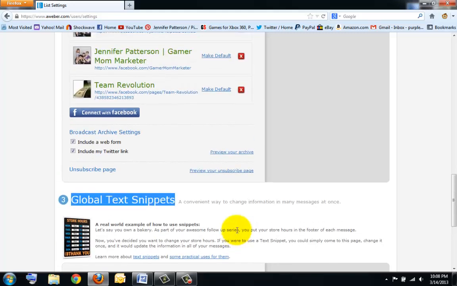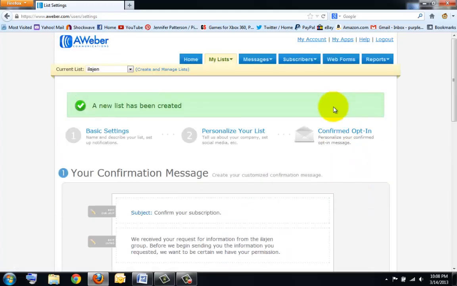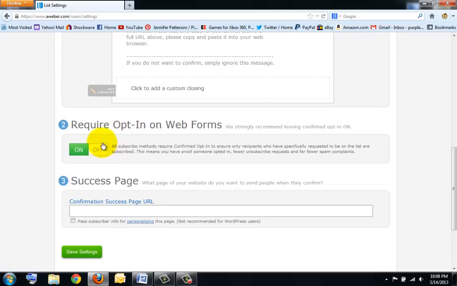Okay, so now that the settings are saved, we're going to go over here to confirm the opt-in. You want this turned off, because if you leave it turned on, you're going to lose half to two-thirds of all of your leads. So the ones remaining might be higher quality, but in this case, my personal preference and most people's personal preference is I'd rather keep 100% of the leads,